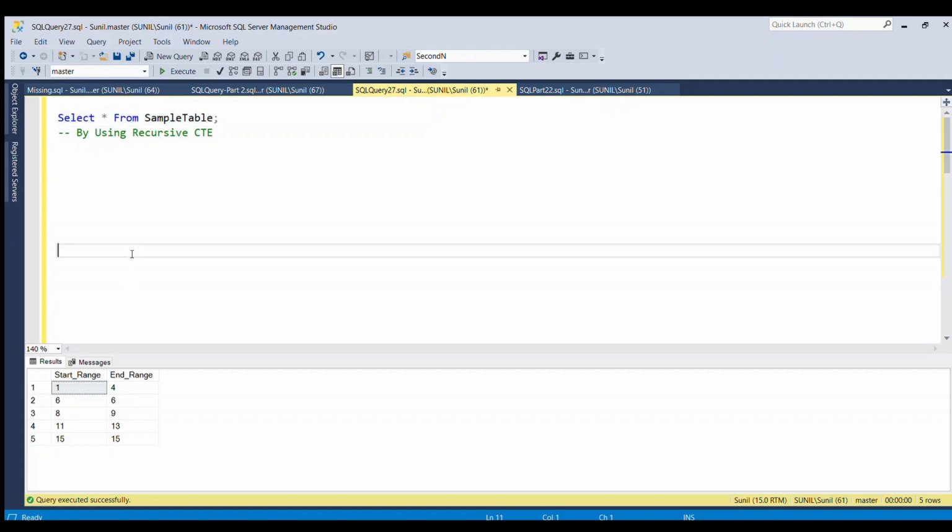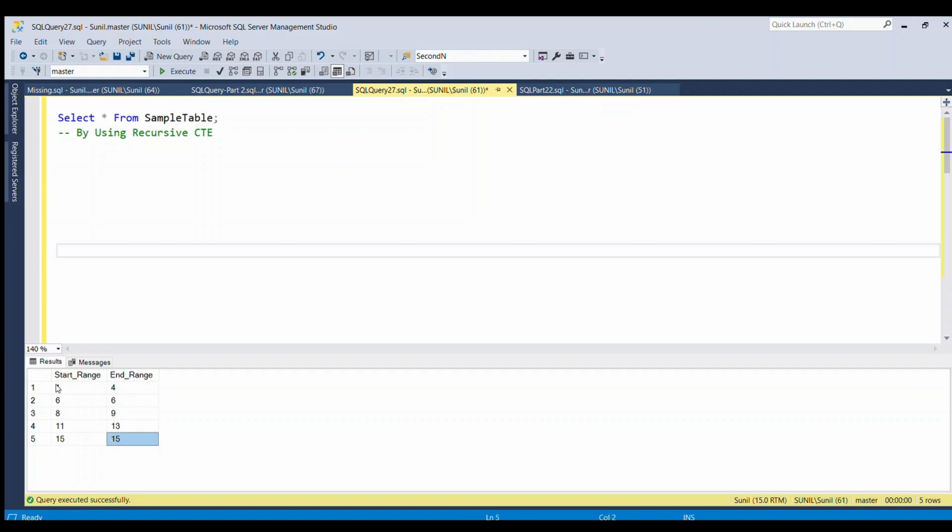Our first step is to generate the sequence number from the minimum value of the start range to the maximum value of the end range. In the start_range column, the minimum value is 1, and that will serve as our start point. In the end range, the maximum value is 15, so this will serve as the maximum value.